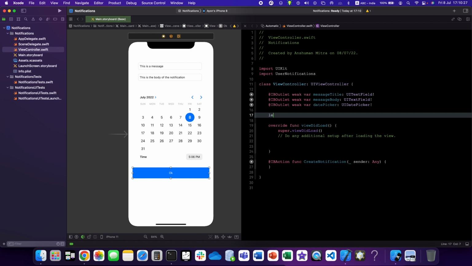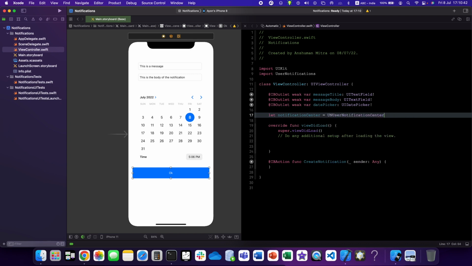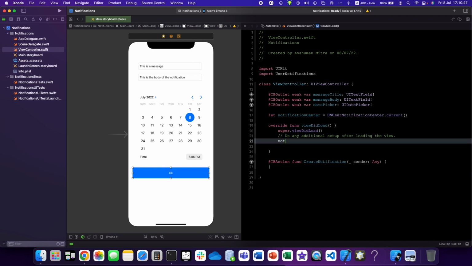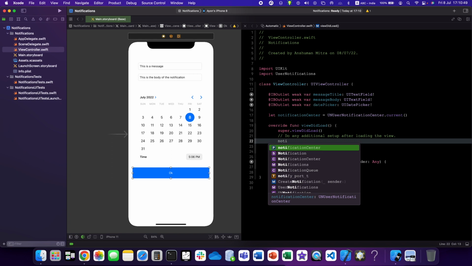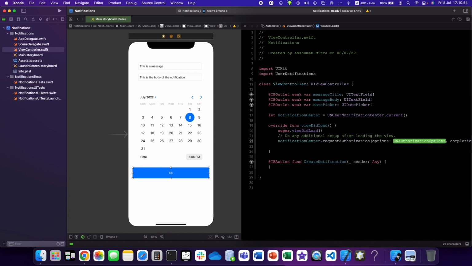So first I'll create an object of the notification center, UNUserNotificationCenter.current. Here we'll use notificationCenter.requestAuthorization with options .alert and .sound,